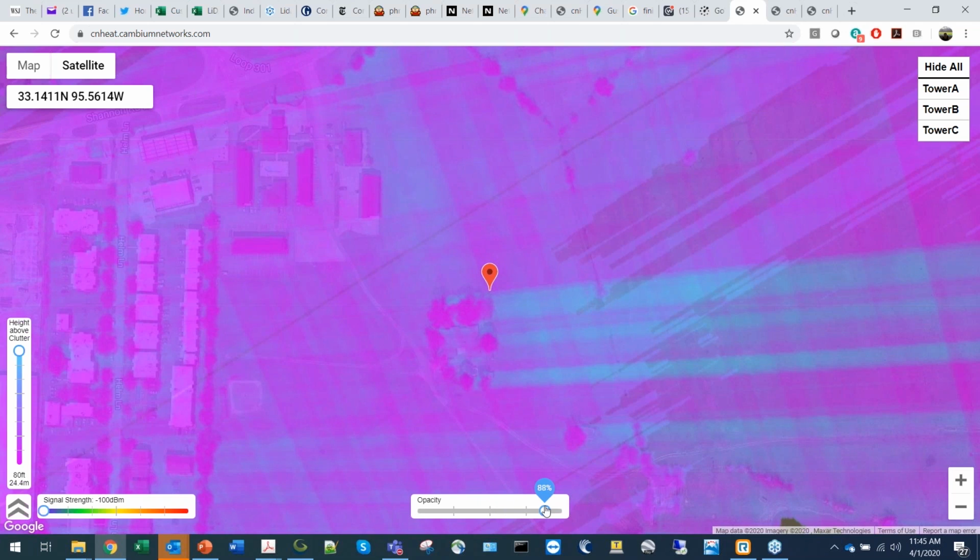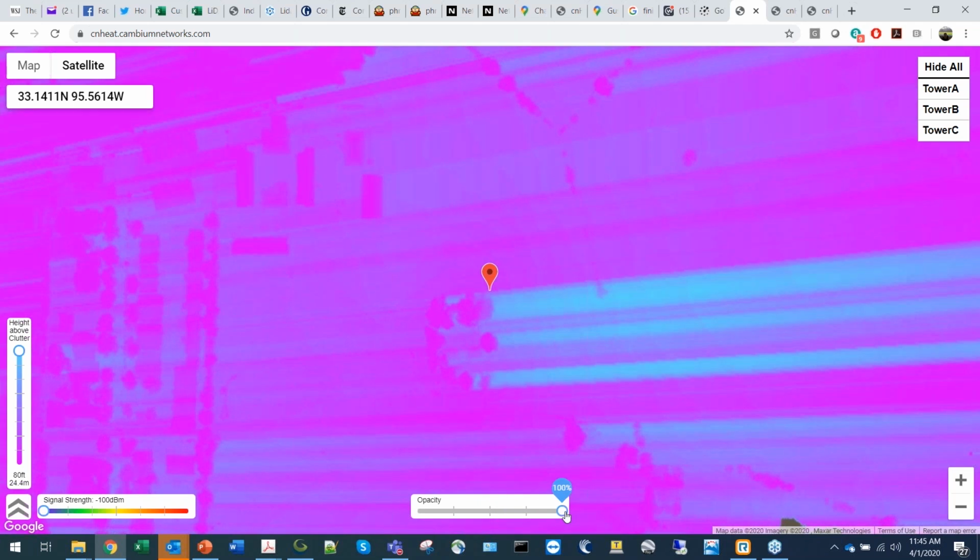But if you move the opacity slider all the way over to the right, it gives you a clue as to what coverage you can get at what heights. If you notice below here, purple down here is like 1 foot or 0 foot, and blue is at 80. And you can see here that you would not want to install here just when you first start looking. It's all 80, but if you find these other places that are purple, that can be where you start your investigation on where to pick a place to install.